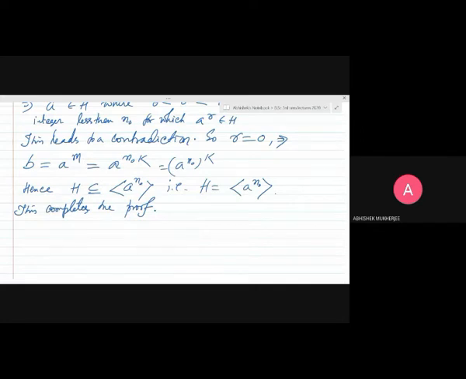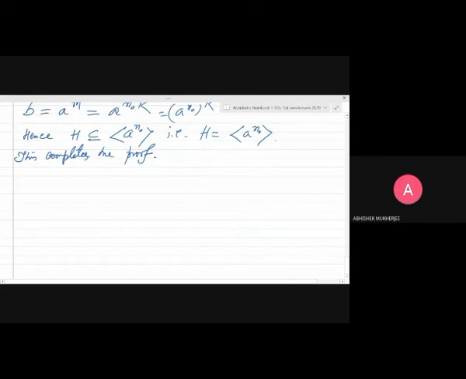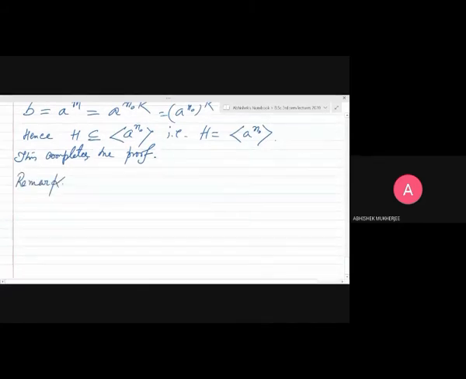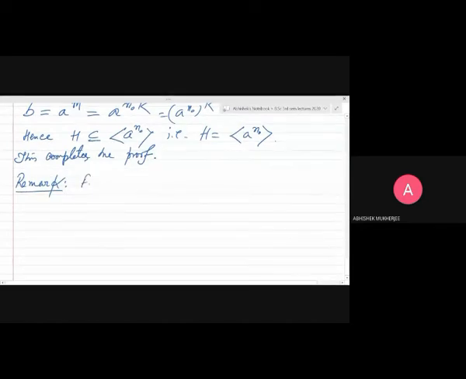So you have seen that every subgroup of a cyclic group must be cyclic. Fine. Now also one remark should be made here: that every cyclic group is abelian, right? Every cyclic group is abelian